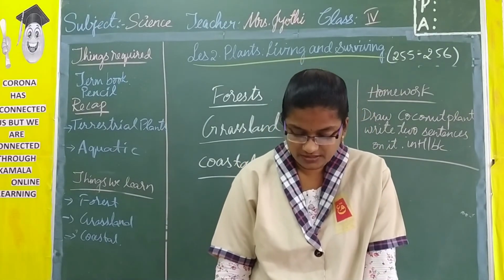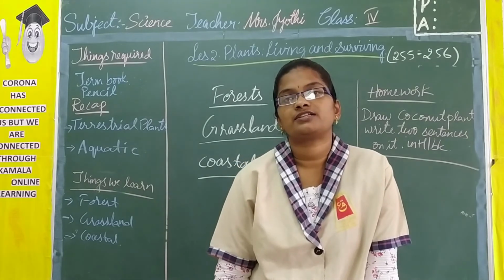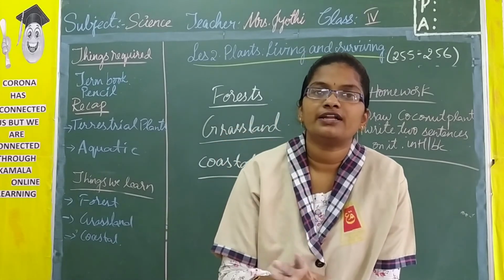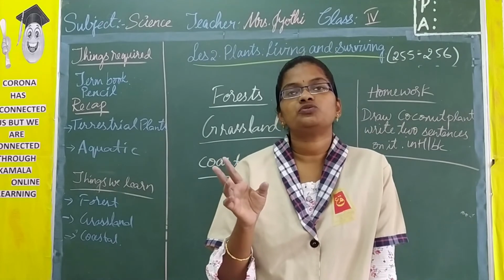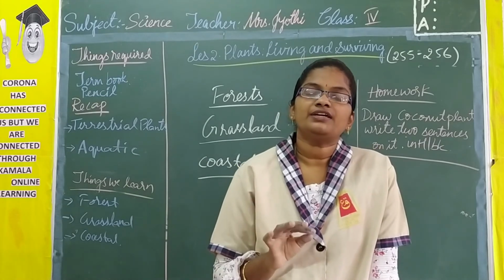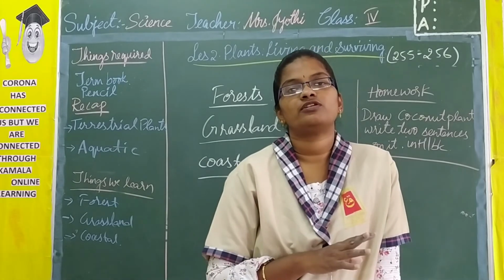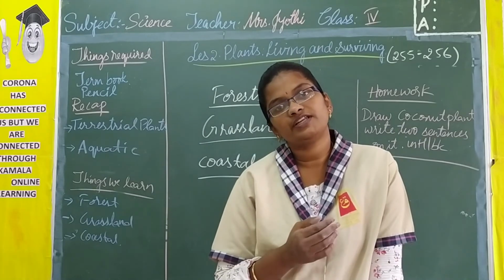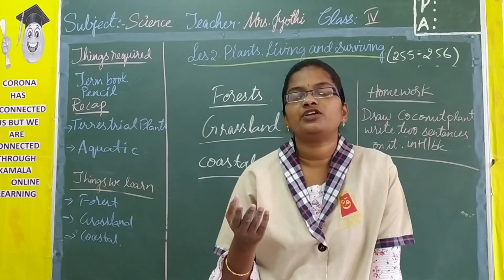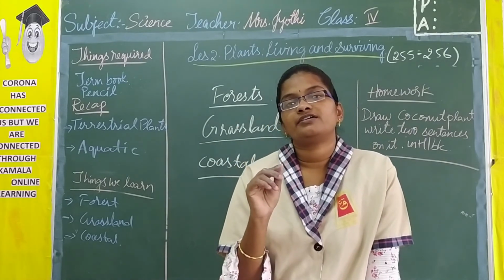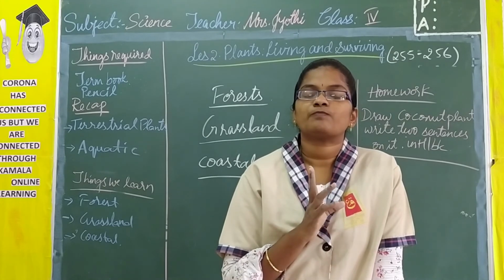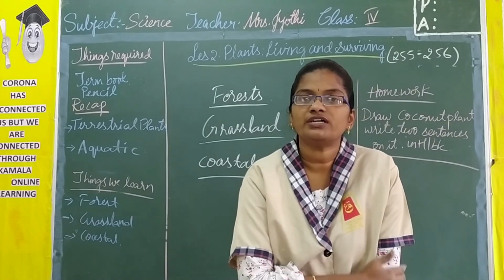Then the next one is plants which grow in grasslands. So in a huge land you can see only small tiny plants and grass. Here we cannot see any huge plants or even little bigger plants. And this area receives very less rainfall. So why are there no trees? Because they receive very less rainfall. And this is a home for a huge variety of insects, and small reptiles like snakes will be there. And even wild flowers. Okay, some unusual flowers also you can see over a grassland.